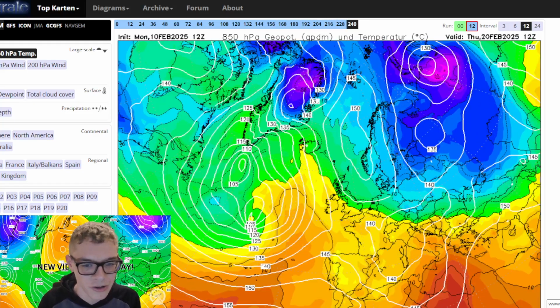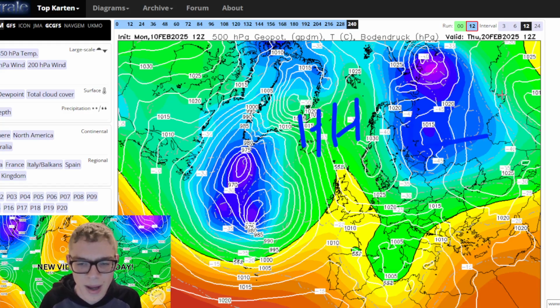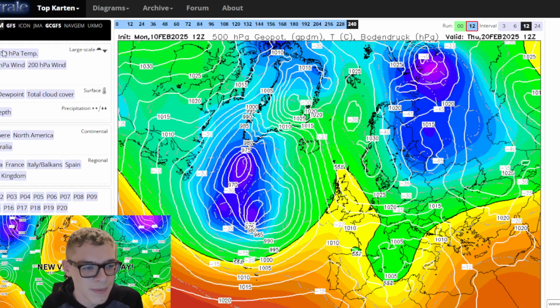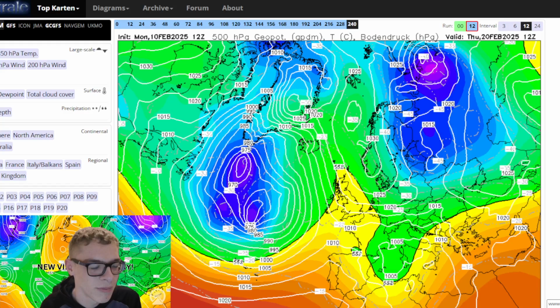It's pretty marginal between the cold air to our north. See a little weak area of high pressure to our north and west, and low pressure to our east. Bit of a battleground scenario. Again, we're bringing the wind from a chilly easterly, not exactly cold, but chilly easterly. Probably feeling a little bit seasonal with that one. Probably feeling quite cold actually through the days.